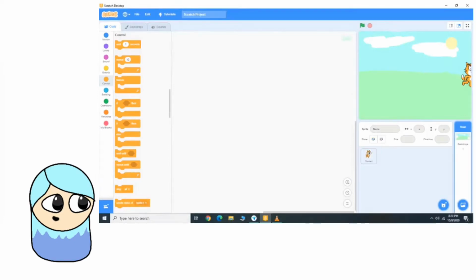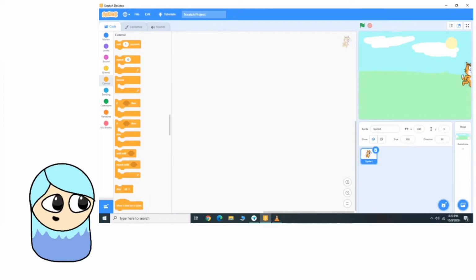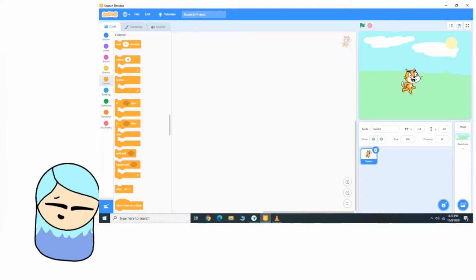Now, to get started, you have to open Scratch. And for me, here I just have a random backdrop I made in like 30 seconds and a sprite that I drew on because they're customizable. Now, I wanted to see the whole screen, but I'm kind of blocking the way, so I'll just leave for